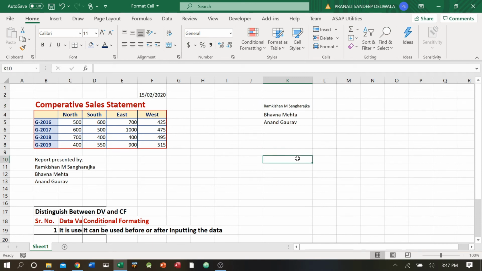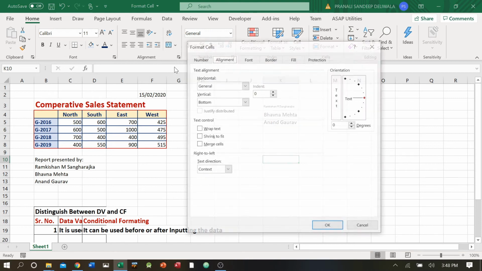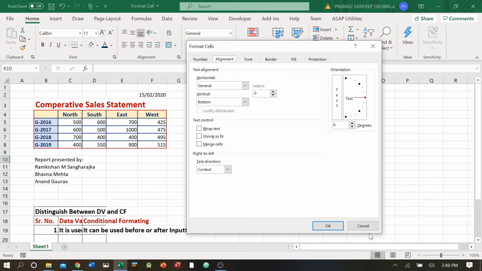You can see it will reduce the font size, but it will not go into the second cell. If I increase it a little bit, the font size increases. If I reduce it up to this, it becomes very small. That is the choice available, shrink to fit over here. So that is all about the alignment.